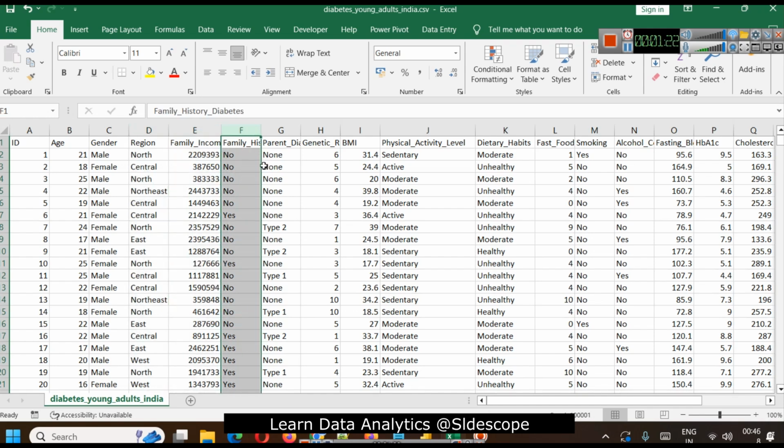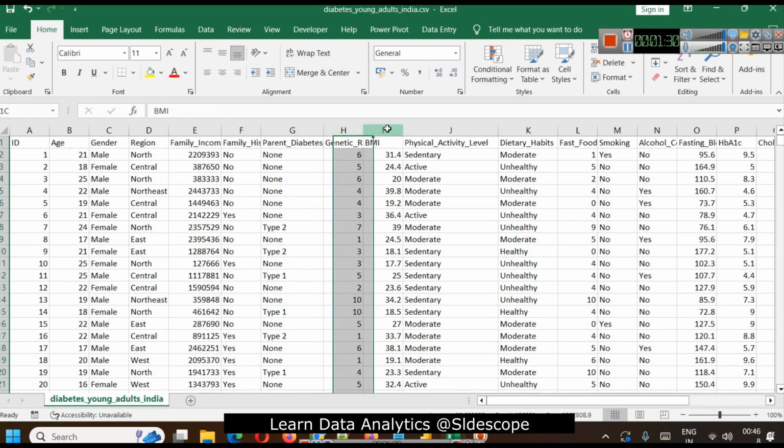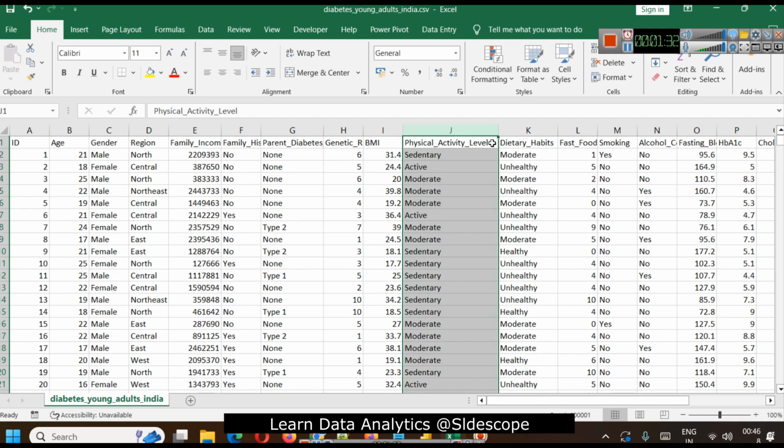This is family history. Now we have parent diabetes type. We also have genetic risk score, BMI, physical activity level, dietary habits, fast food, smoking, alcohol consumption, fasting blood sugar,